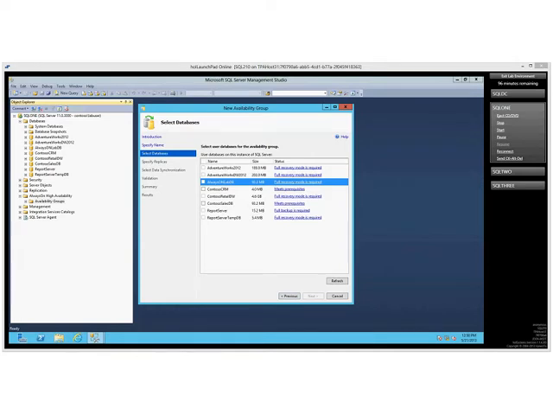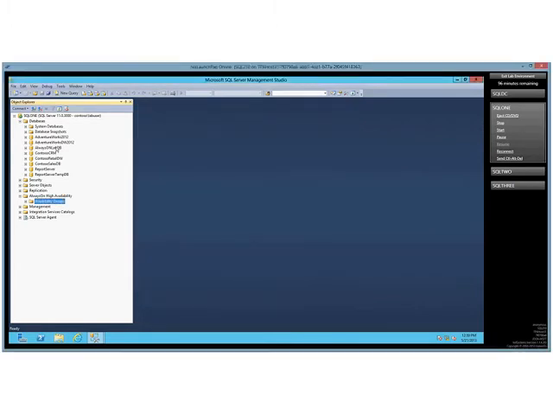And you'll notice here that our always-on LabDB does not have the full recovery mode enabled. So we need to go ahead and actually turn that on. So let's just minimize our view here. And I can come over and we'll right click on our always-on database, lab database here, and we'll say new